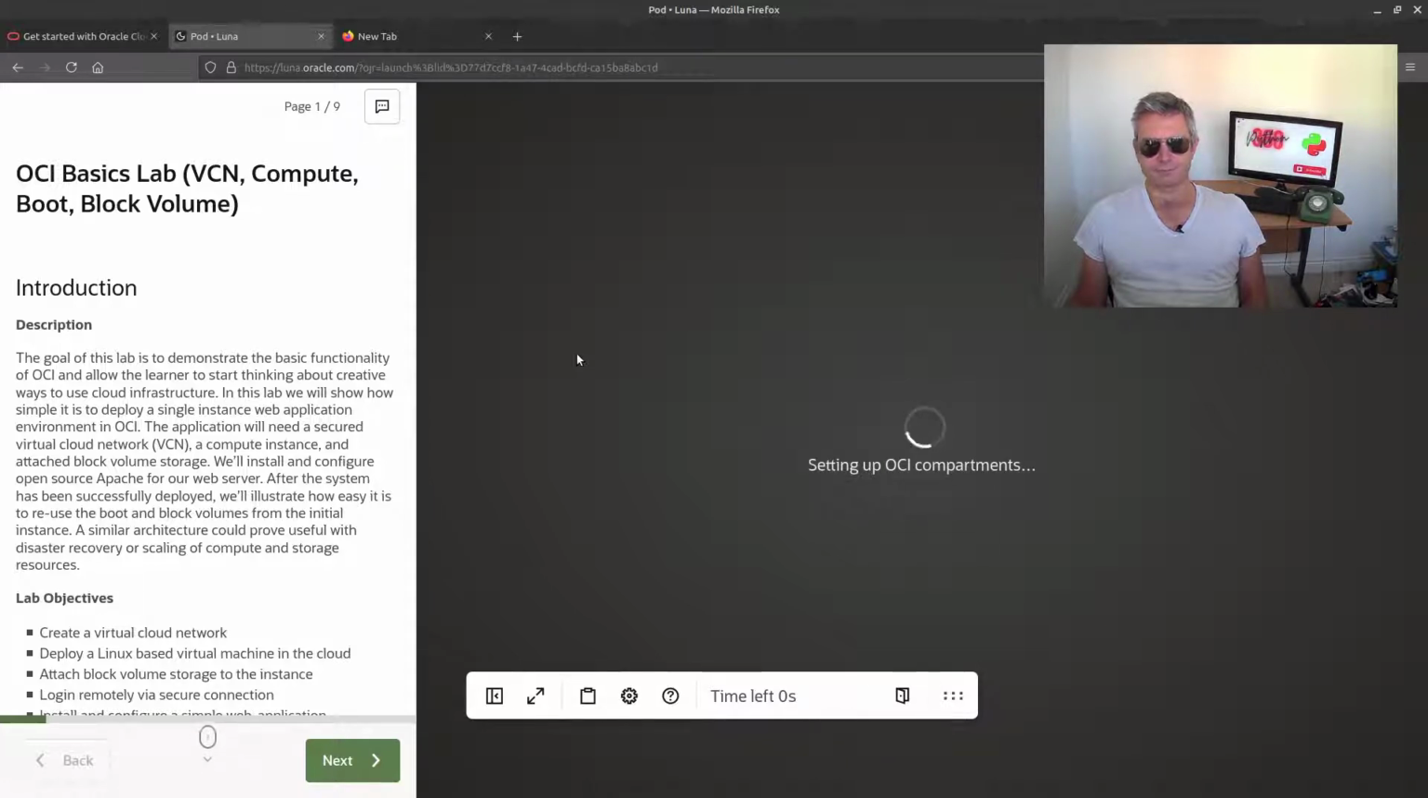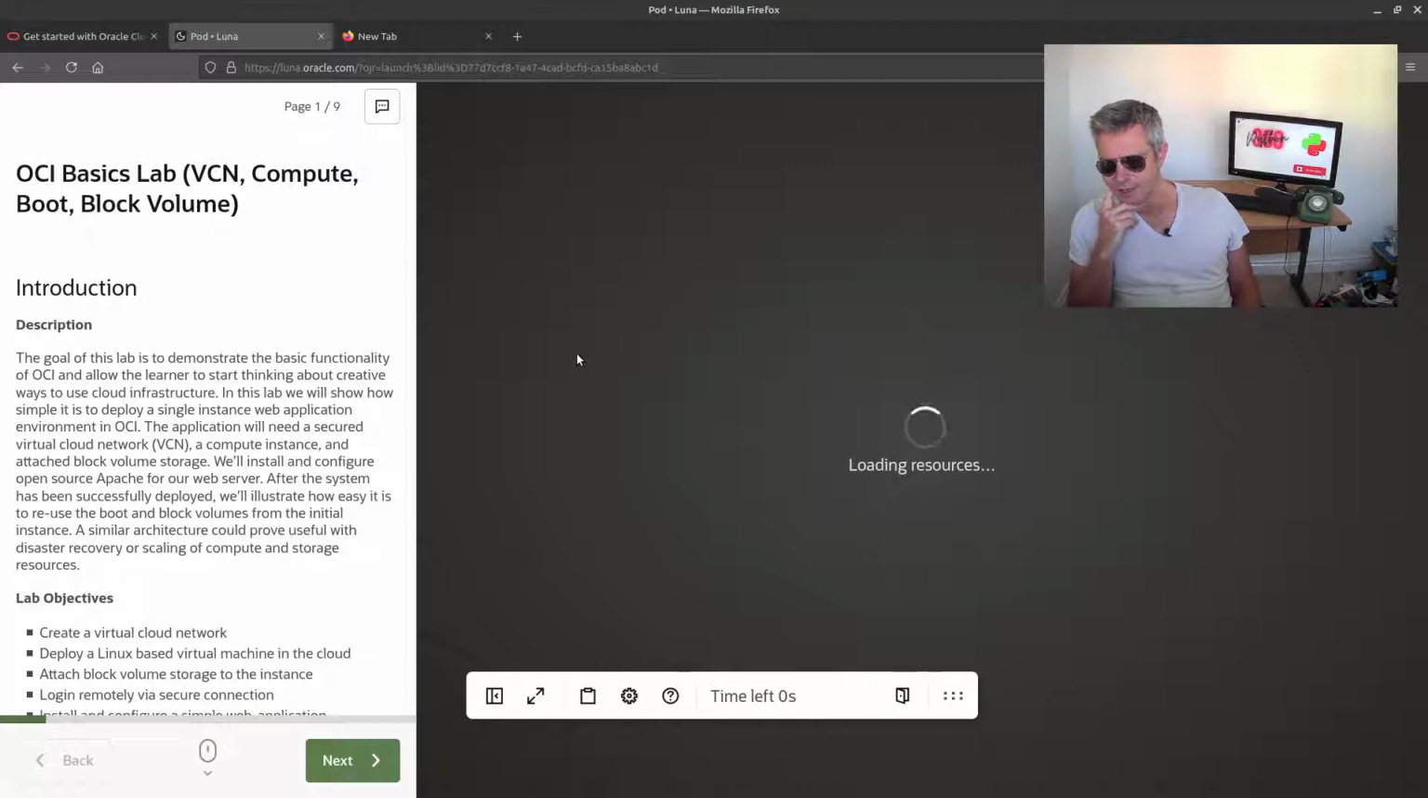It's an instance of Red Hat, and obviously the cloud side of things is it's a sample, it's an OCI instance from, I believe it was Ashburn in the US. Not that it makes any difference, but